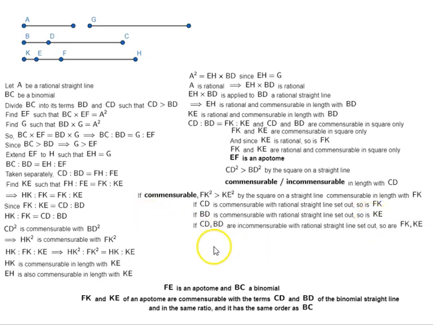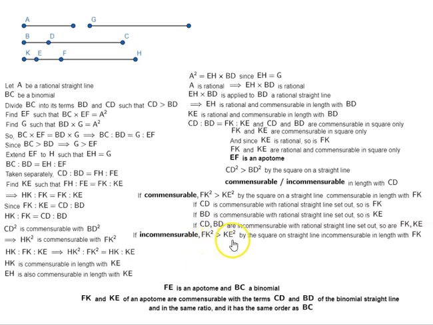And if CD and BD are incommensurable with the rational straight line set out, so are FK and KE. All this is because of this proportionality. So whatever are the properties of CD and BD, the same will be for FK and KE. Now, if it is incommensurable, that is CD square is greater than BD square by the square on a straight line incommensurable in length with CD,